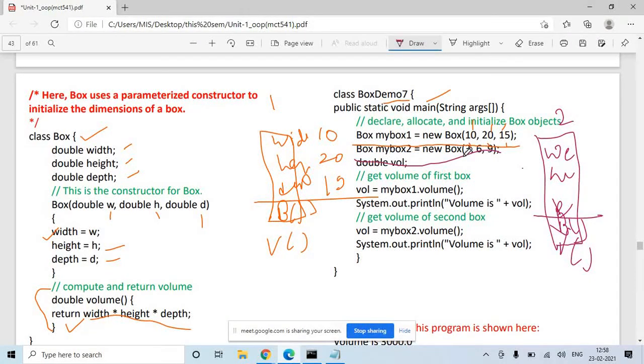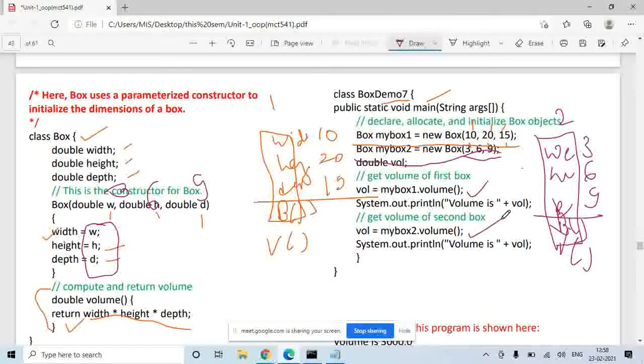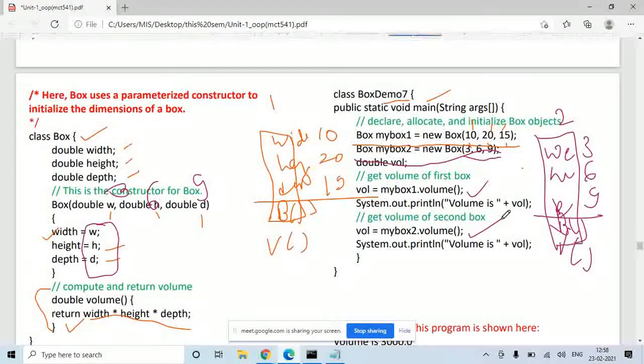You have passed the arguments 3, 6, 9. So W will become 3, H will become 6, D will become 9, and your width, height and depth will be 3, 6 and 9. And now if you want to calculate the volume like your earlier program, you will call the volume function. It will multiply and return the answer and you can print it.